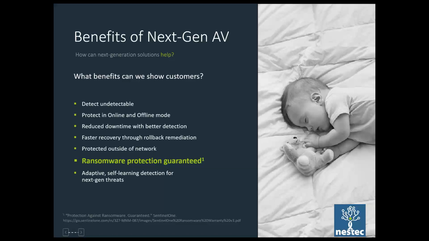So, of course, as we've seen, we have reduced downtime with better detection, and faster recovery through rollback remediation. We are also protected outside of the company networks, so in home office environments or in public network environments. So we don't have to worry about where we are to be protected properly, which is